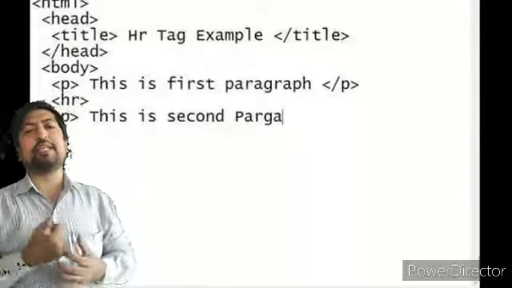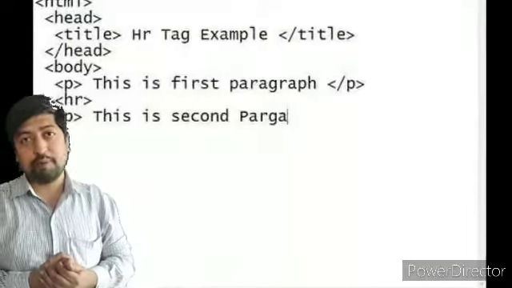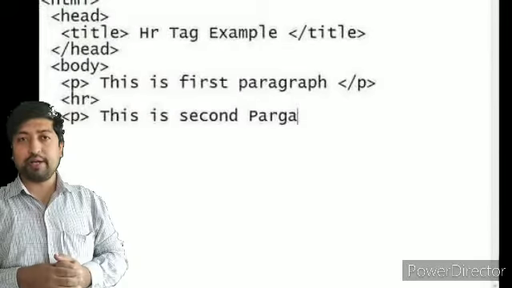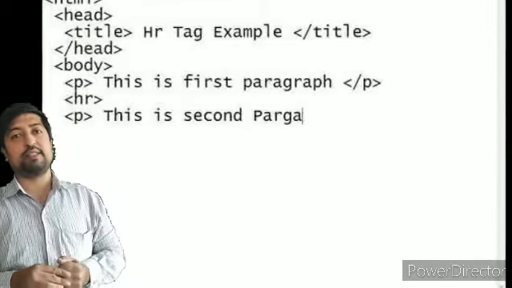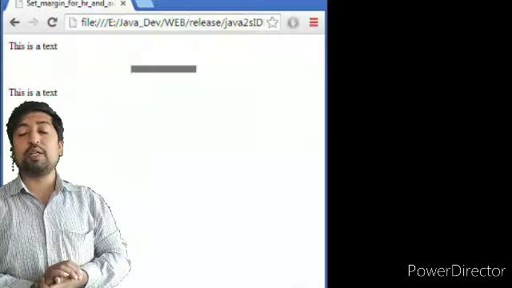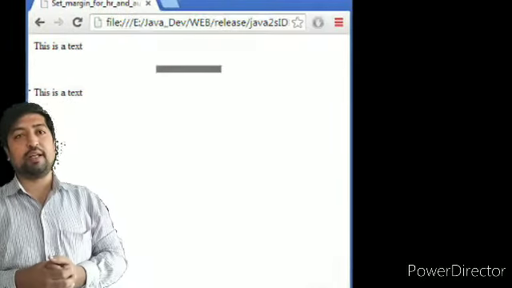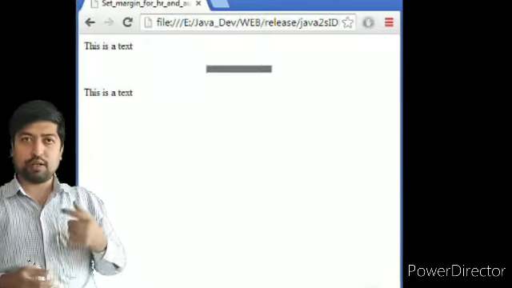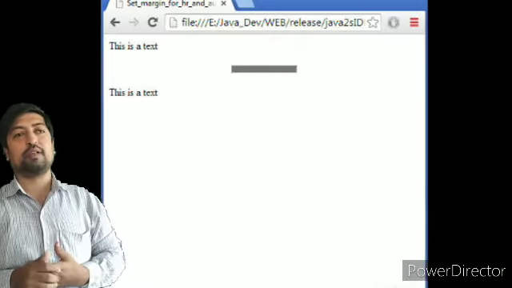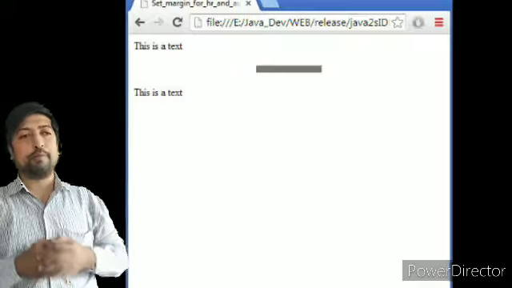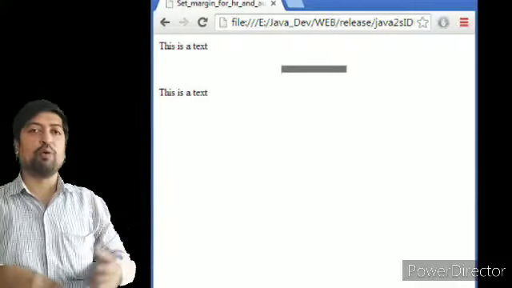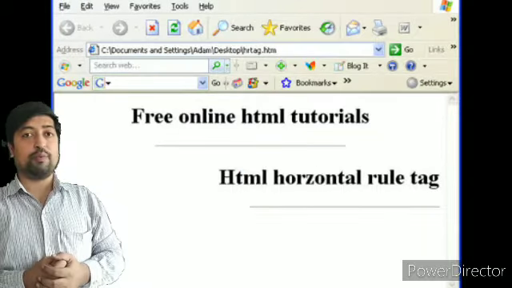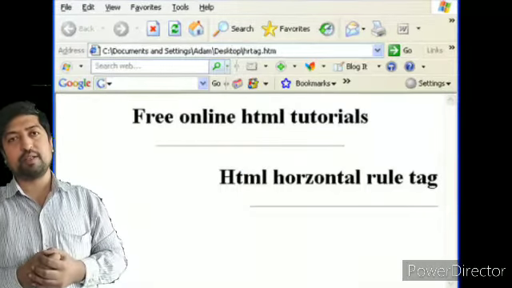We can change its properties or attributes also, as we can change its width and its size. If we want to display the horizontal line up to some specific size or some percentage, say 20% of the web page, it will display only 20% of the size, or we can change its width.